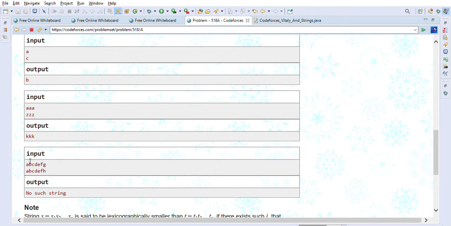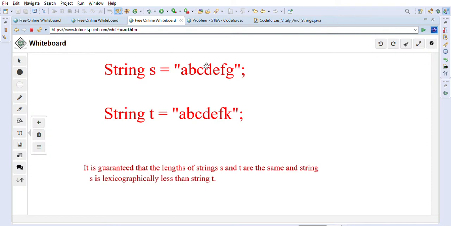What does lexicographically smaller mean? Let's first understand that. So let's first understand what lexicographically smaller means. For example, if we have a string A, B, C, and there is another string A, B, F, both have the same length.